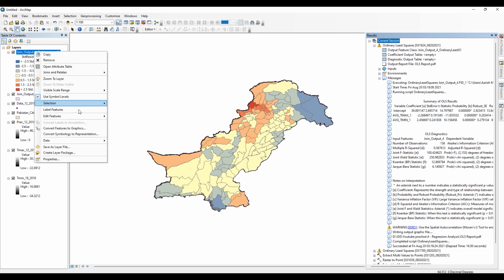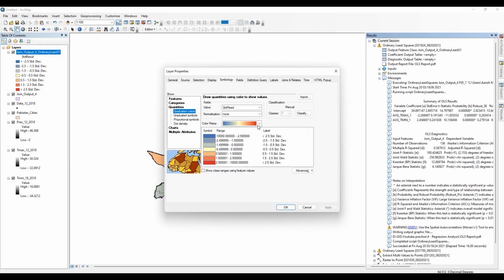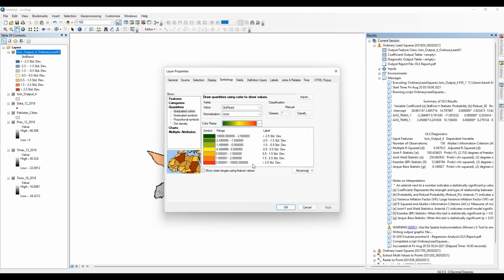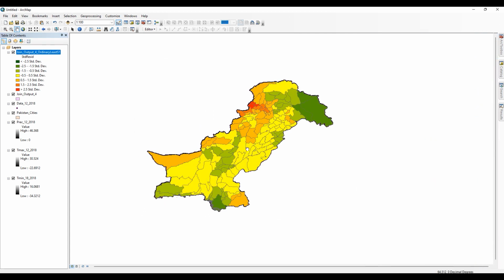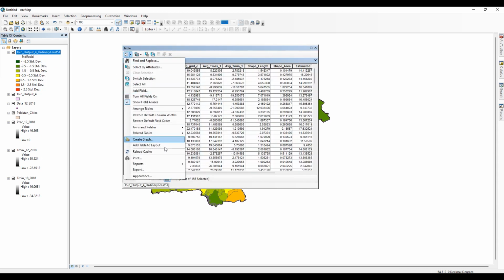For changing the color ramp, you can go to the properties and select your desired color ramp. For making the graph between the estimated and observed rainfall, you just need to open the attribute table and select the table options.